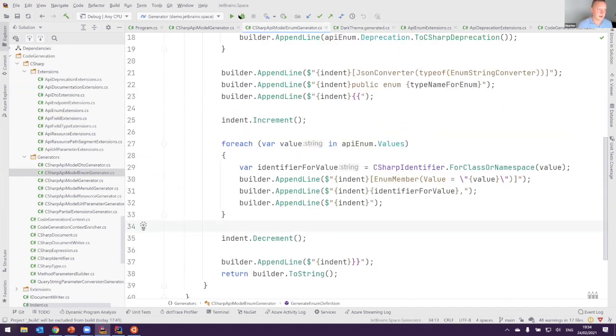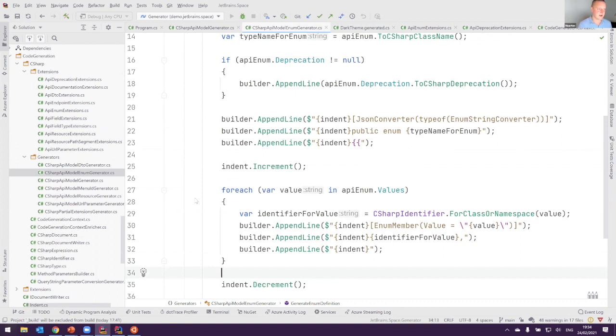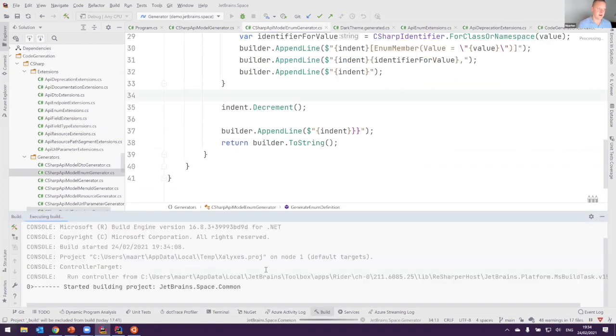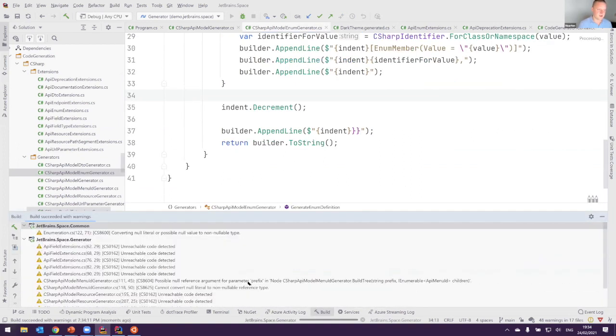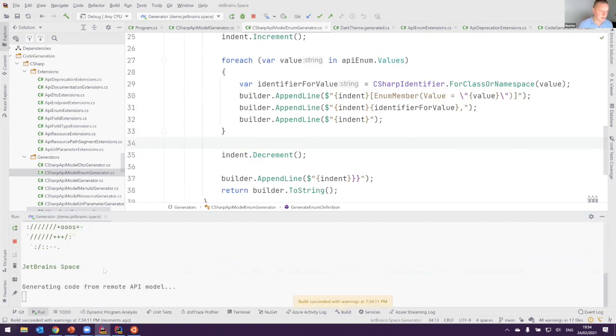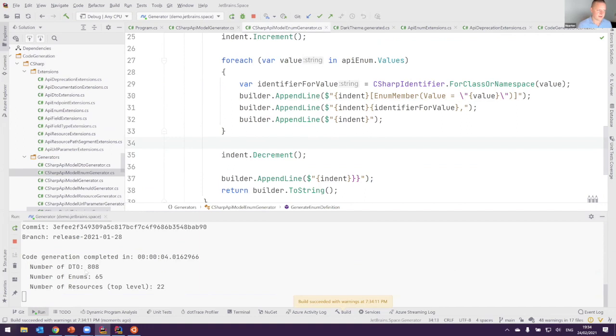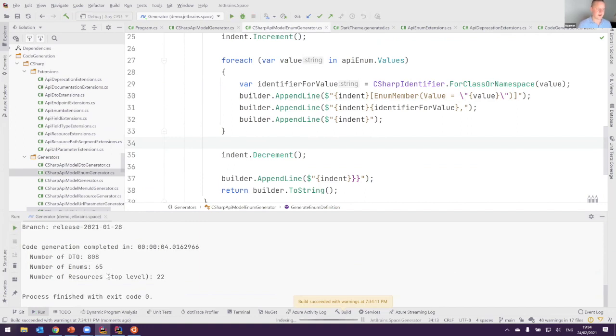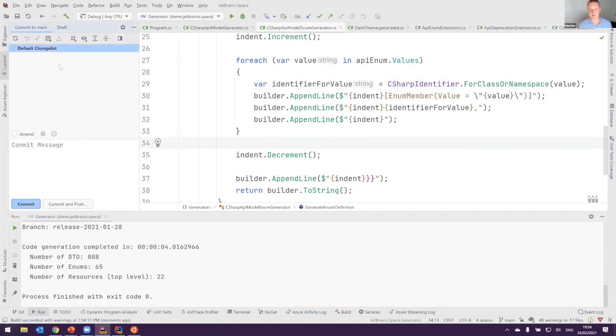You can run it, and if you run it, you will see that it will essentially contact the server, get that model, and then generate all files, and that should typically work within a couple of seconds. All right, 808 DTOs right now and 65 different types of enums. If you look at the commit chart, nothing will have changed because this is up to date and everything is there. But if you would remove that generated folder, you will see that in those couple of seconds, all of